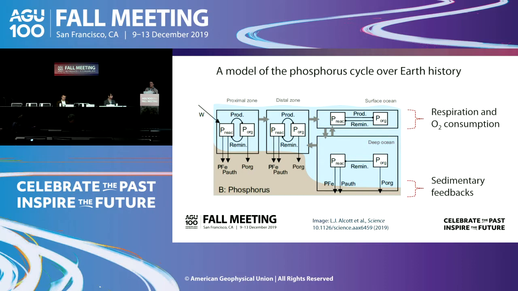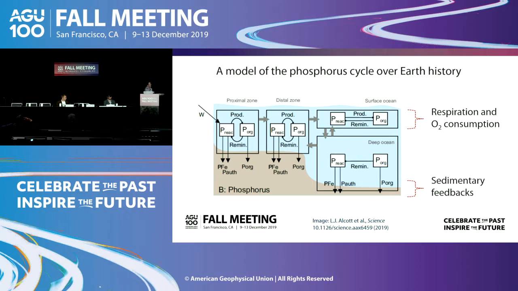Now, these two things are very important because if you were to pour phosphorus into this system, on the first hand, you have increased respiration, increased consumption of O2. So this drives eutrophication, marine anoxia. This sort of thing is happening at the present day. If you dump a lot of phosphorus into the marine environment, you consume the oxygen. This, of course, drives the water column anoxic.